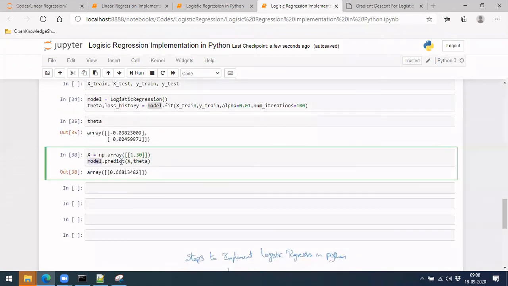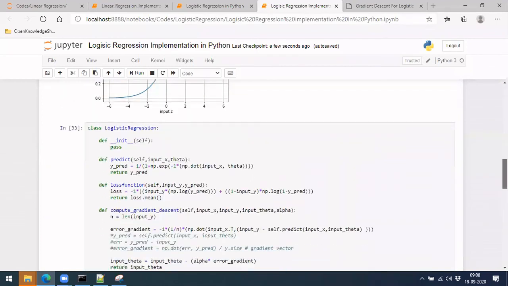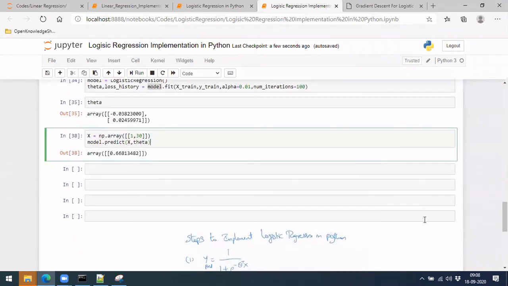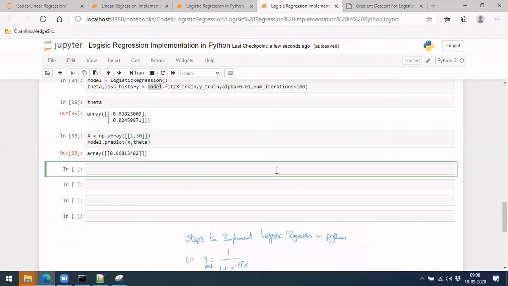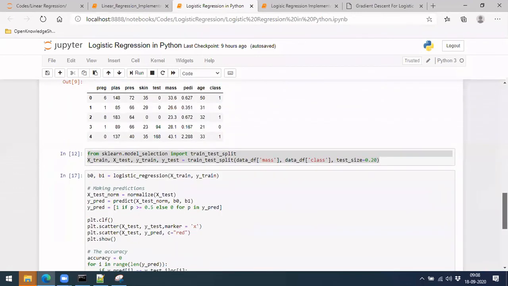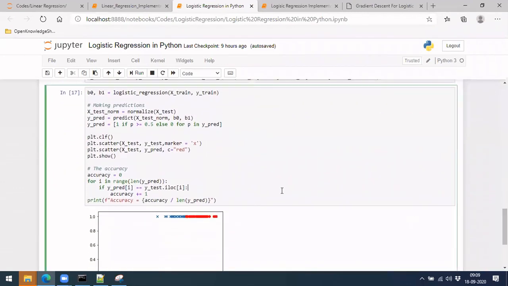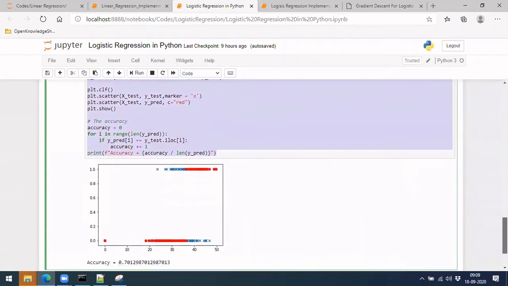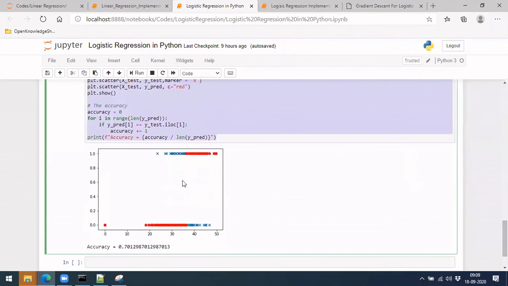So finally, we are able to predict something. Now that we are able to predict and have successfully implemented logistic regression, the next step is to see what are the ways to evaluate your model, right? Before that, let me show you one thing which I have plotted. Maybe we can also plot it over here. But this plot we can do only with one single variable. In case we have multiple variables, this won't be possible, right?